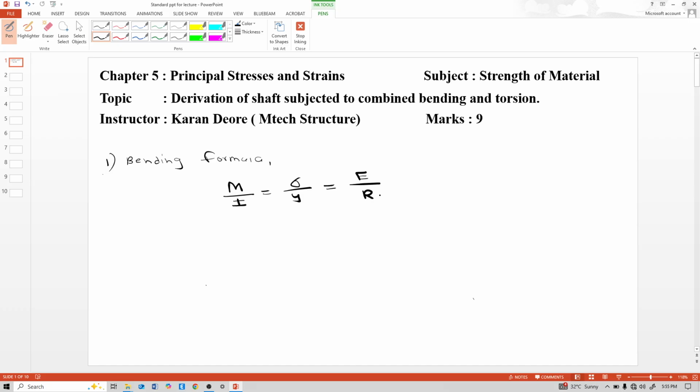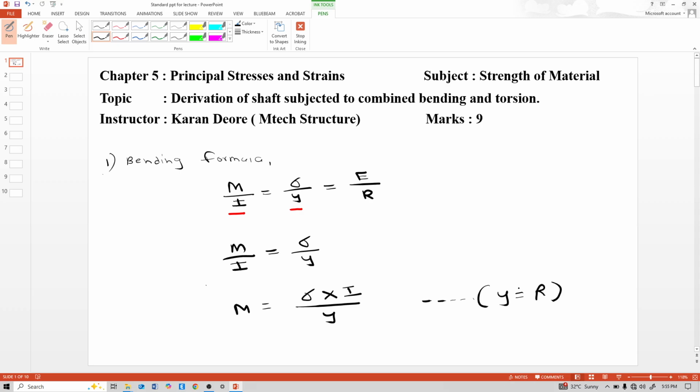So here in this derivation we will only use this M by I and sigma by Y. So M by I is equal to sigma by Y. Therefore, M is equal to sigma I divided by Y, and here Y is R. In this derivation Y is equal to R. The distance between the neutral axis and the elemental strip is the radius of the shaft here in this derivation. So